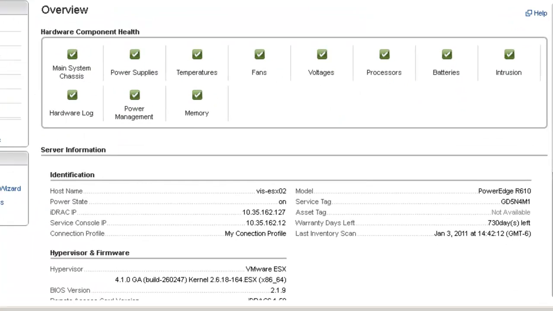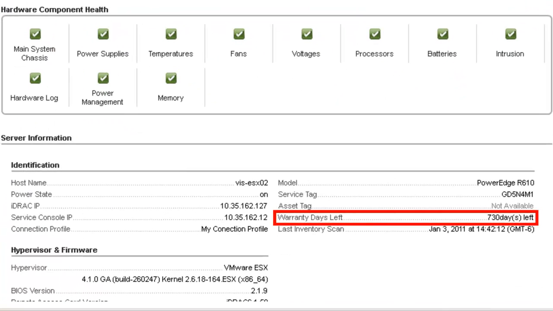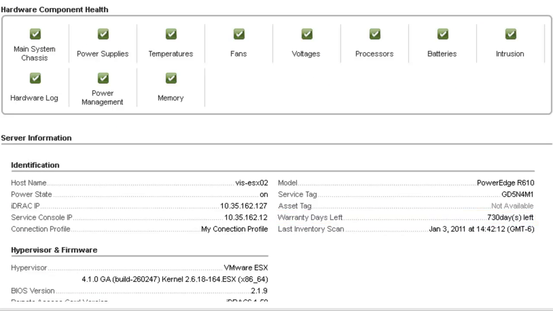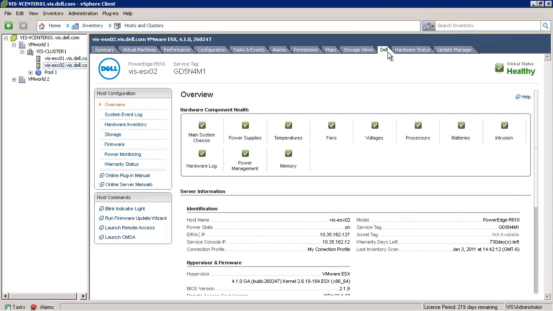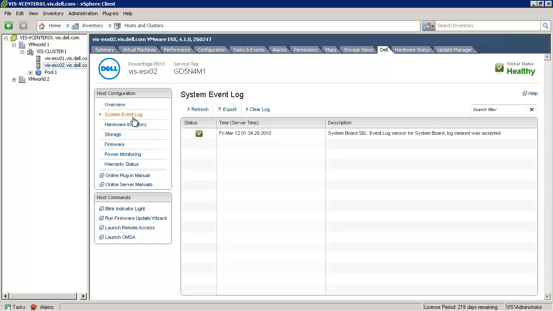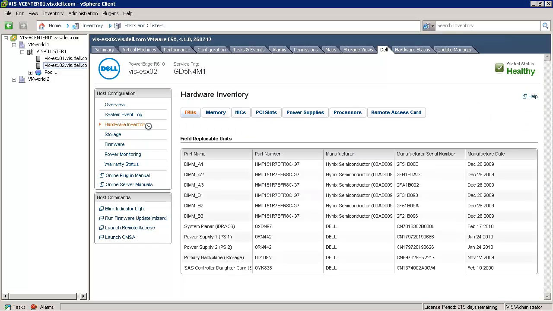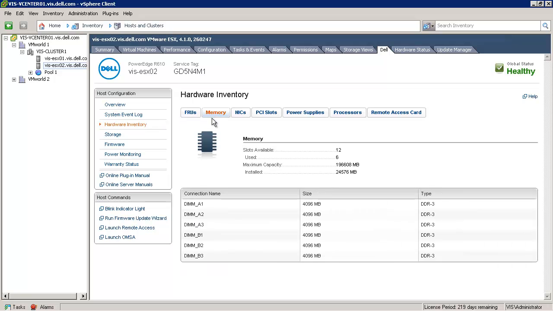For example, you get an overview of server status, hardware status, and even the number of days left on your warranty. It also provides a variety of information such as the BIOS version and IP address information. You can also get access to the system event log and clear that log, detailed hardware inventory including part numbers for replacing failed parts, information about memory including slots used and slots that are available, network card information